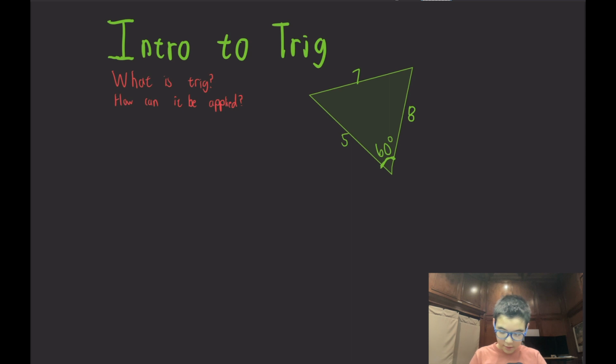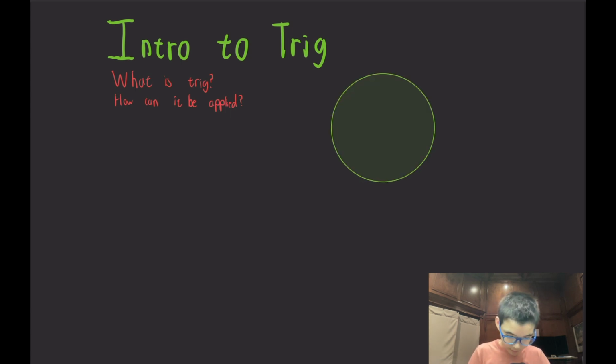So first, you need trig to solve that sort of problem. But first, what is trig? To answer that question, we start with the unit circle. Its center is at the origin, which is (0, 0), and it has a radius of 1. In this video, we're only going to be learning about the trig functions sine, cosine,